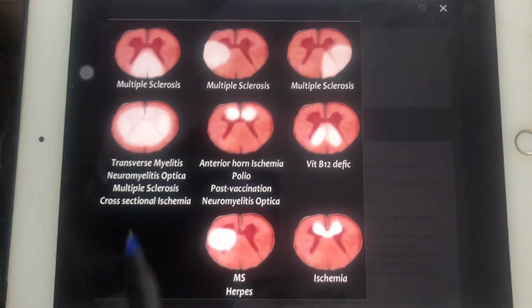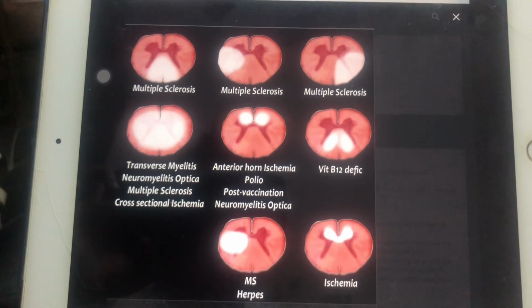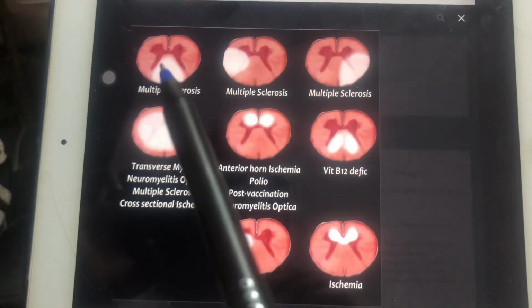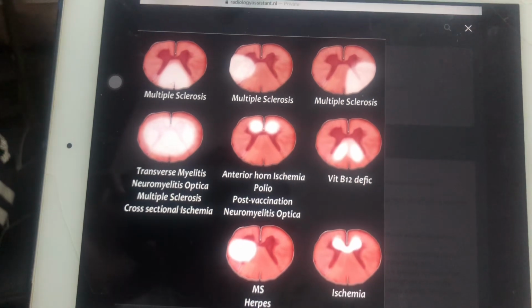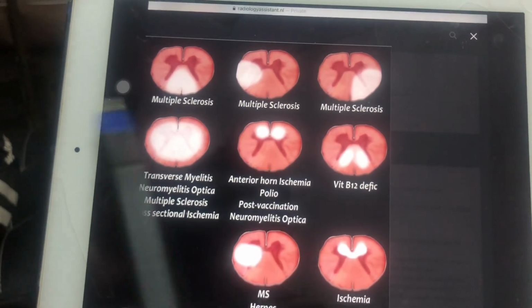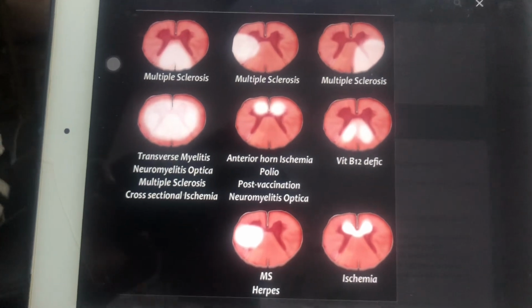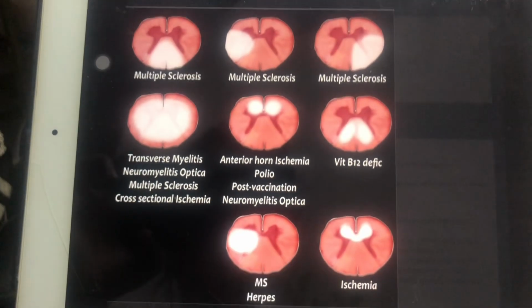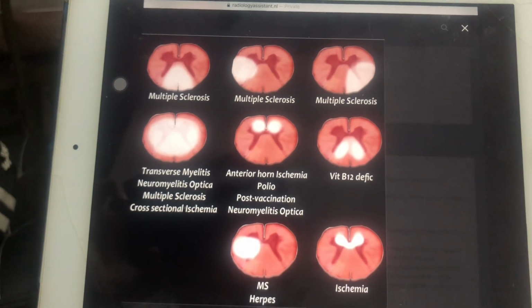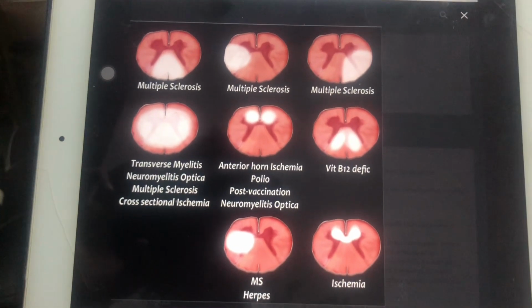So this is a schematic diagram that talks about the pattern of involvement, spinal involvement in MS and other conditions. So here you can see that it is wedge shaped, either in the dorsal cord or present laterally. Very uncommonly, it can involve the anterior cord as well. Okay, so it is a mimicker of all other diseases. It can present in any pattern, but the consistent features are that it is a short segment involvement, and it is usually small and triangular and peripheral in location. Alright,